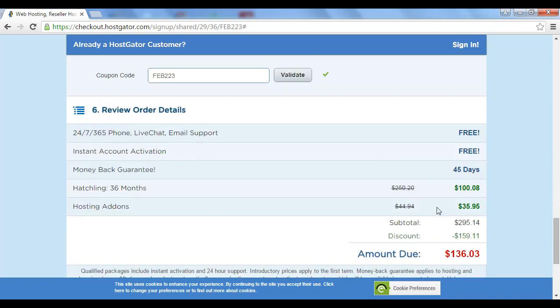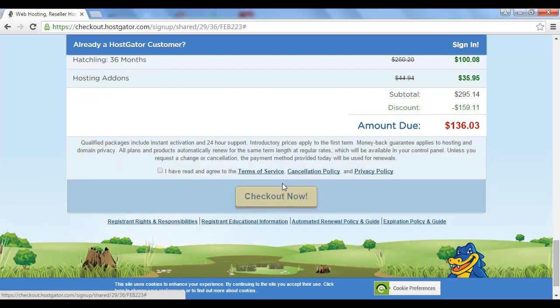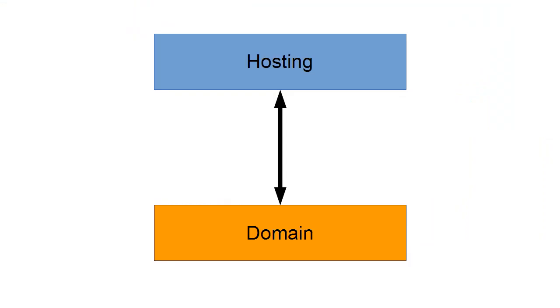And you can see you get the maximum discount if you pay the whole amount in one go, and you see you're getting a discount of $159.11. Then you have to check the box that says you have read and agreed to the terms of service and the cancellation policy and privacy policy, and then click here on Checkout Now. And once all that's done, you'll be emailed a receipt,